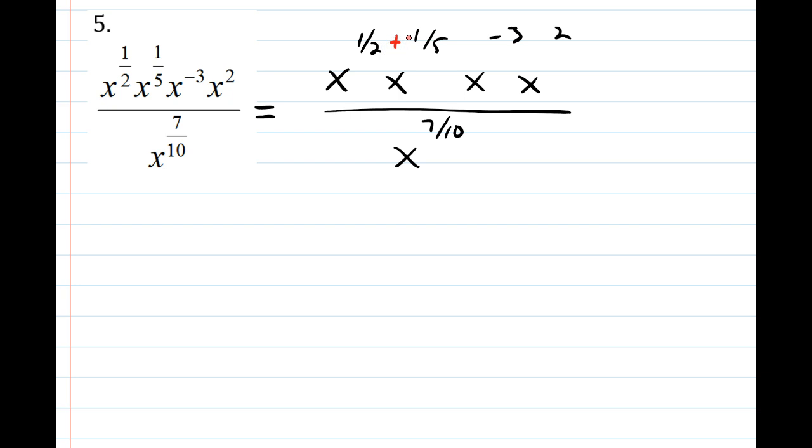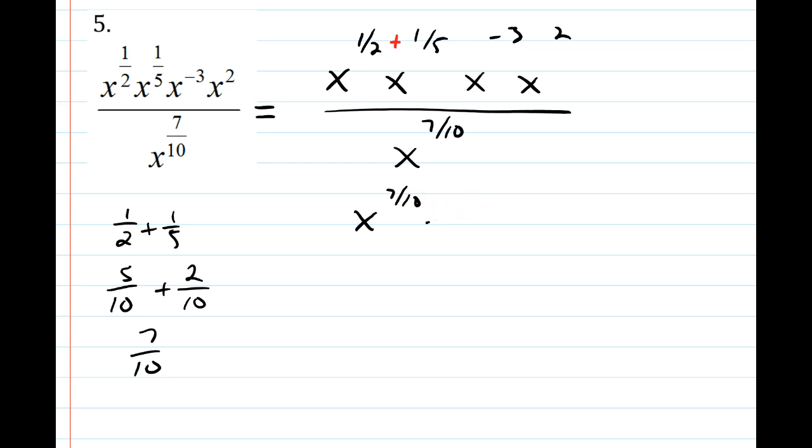And so we need to do 1/2 plus 1/5. So off to the side over here, you have a common denominator of 10. So I multiply that by 5, by 2, and so that gives me 7/10. So right now I have x to the 7/10